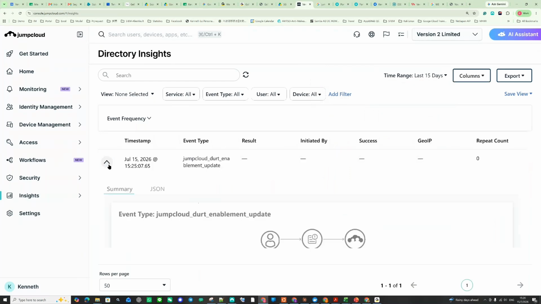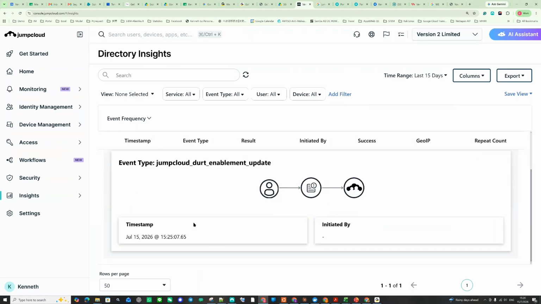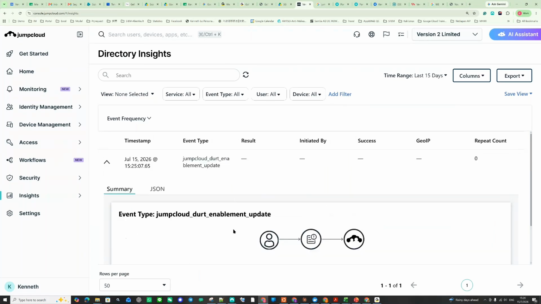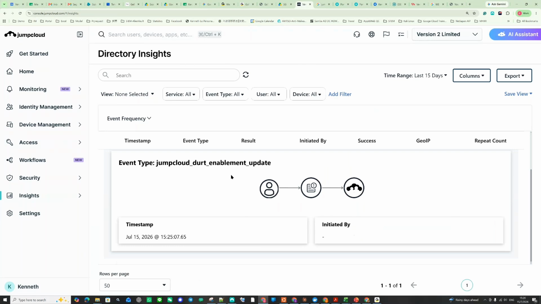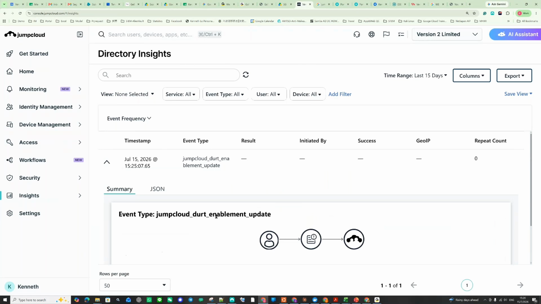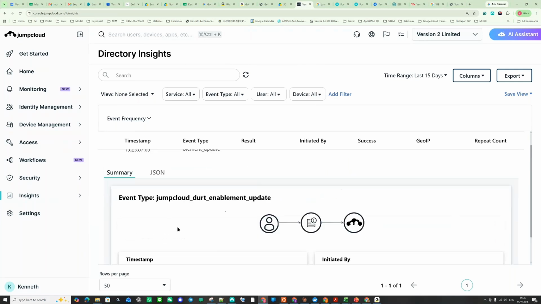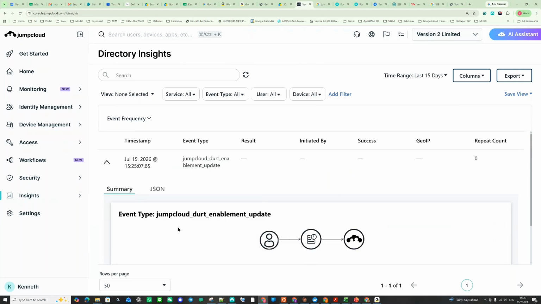So there will be logins, and some user tries an enablement update. Oh, that's what I just did. I enabled JumpCloud Go. This is the audit log for the admin, but we also have insights in case a user has abnormal behavior, abuse of your accounts, or suddenly logs in from Japan and Europe at the same time. Then we will give you the insight.